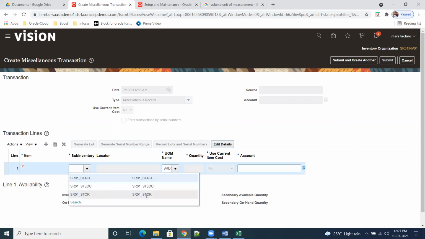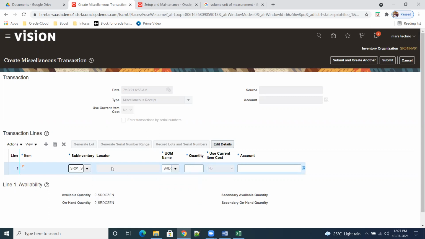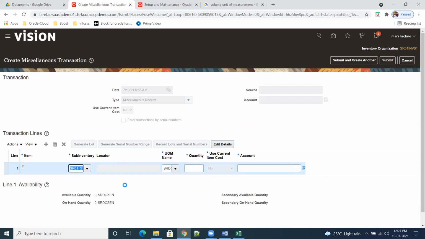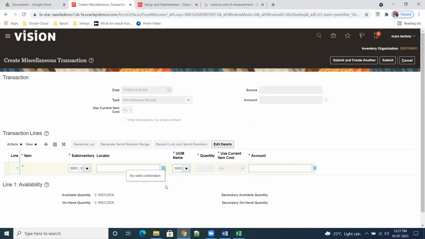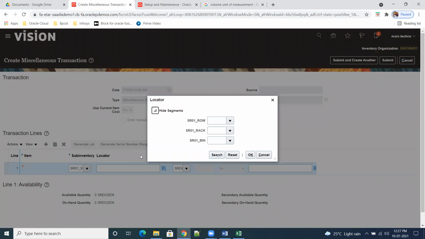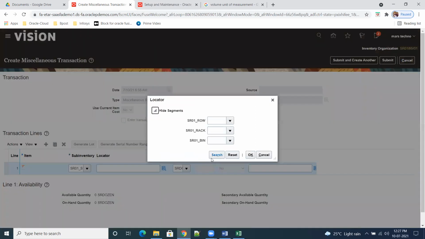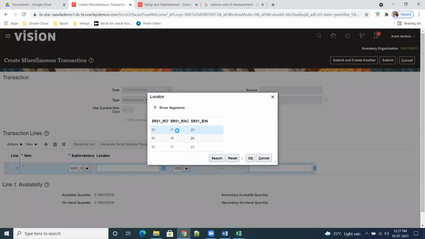Okay, sub inventory. We'll take storage. Locator control also we will see, all those things we'll see. So locator control we did, right? We'll take this one. See, the locator automatically came because the sub inventory has locator control. Without the locator combination, if I try to enter the quantity itself, it is not enabled. So we have to select the locator combination.